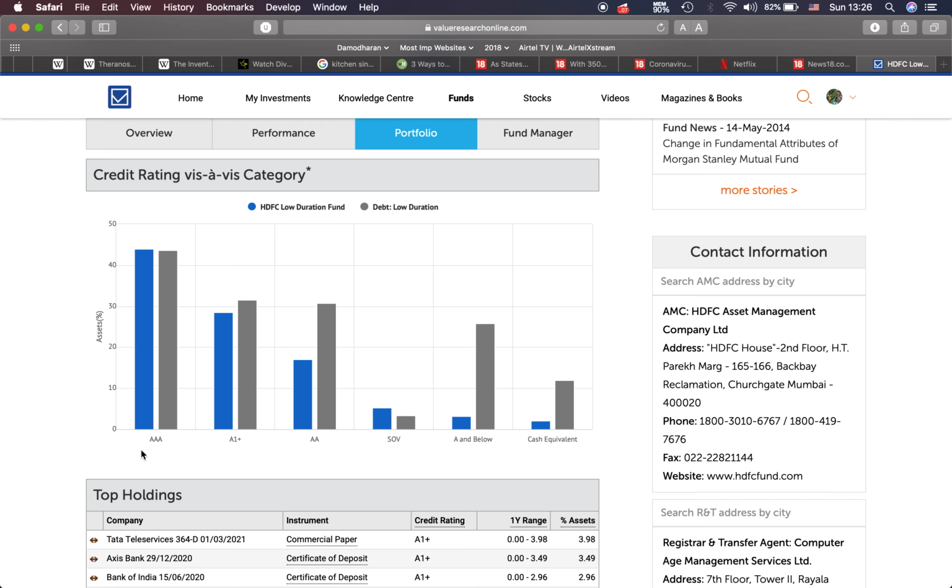You can see this fund has something like 43% of AAA papers, then A1 plus, and then it also has almost 17% AA and 3% A and below. So almost 20% it has AA and A and below, which in the current scenario is not that good. And best are AAA and A1 plus. These two are the best. Sovereign is also good because this represents the government of India debt, and then you have cash.